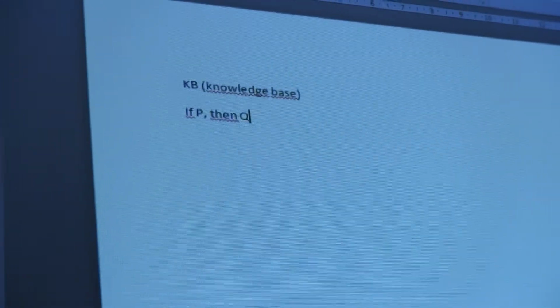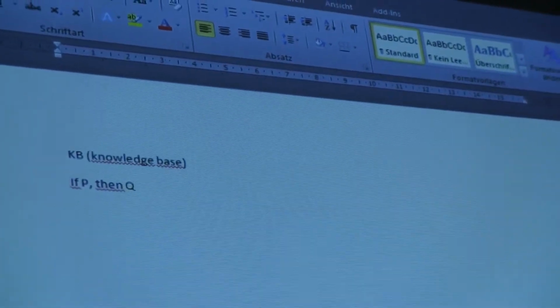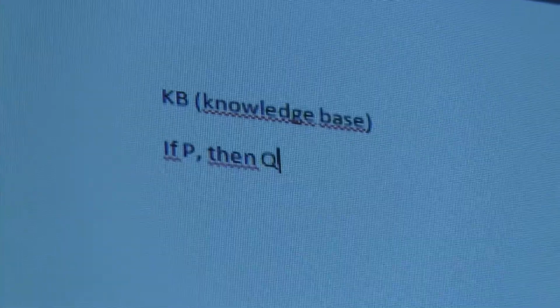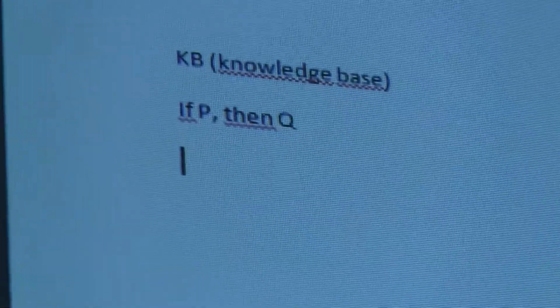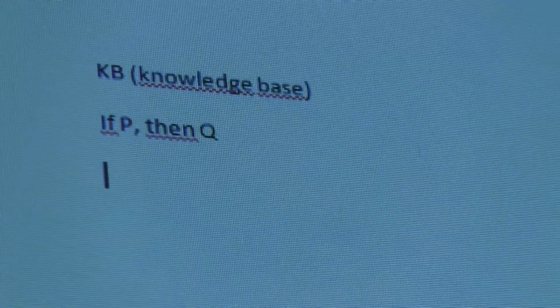A rule will look like this. A rule is really simple. If P, then Q. You have a premise and a conclusion. P is the premise. When it is fulfilled, then Q becomes true, and Q is then added to the knowledge base. An example rule would be,